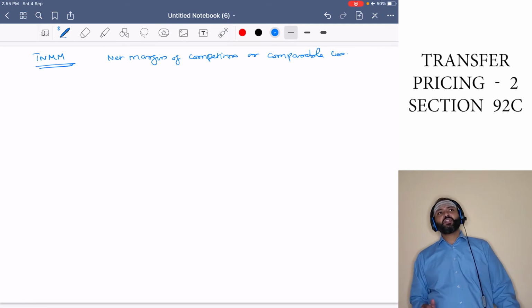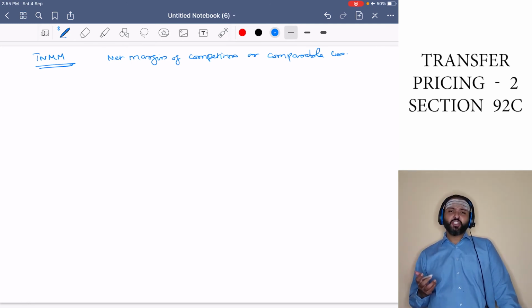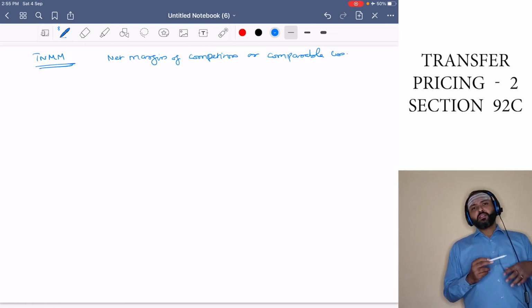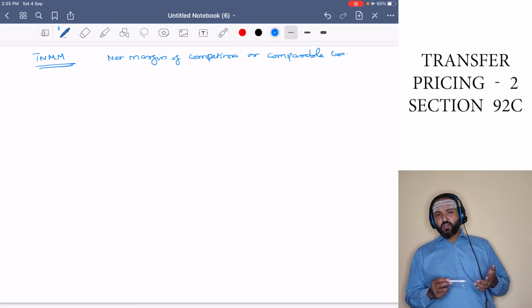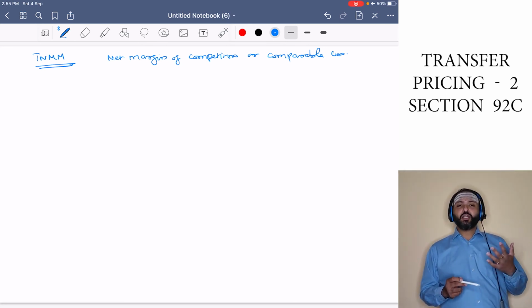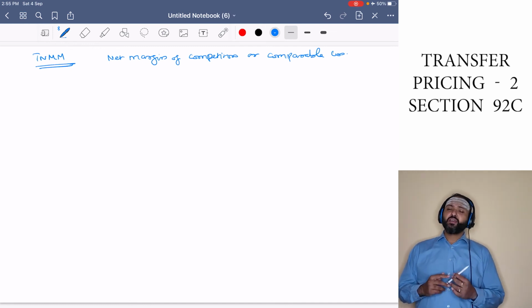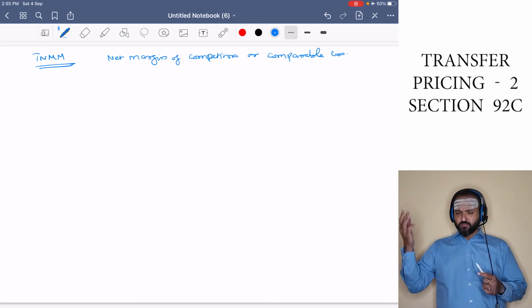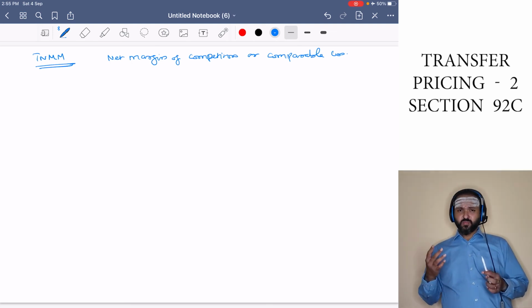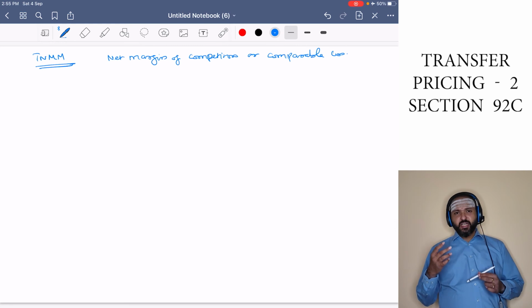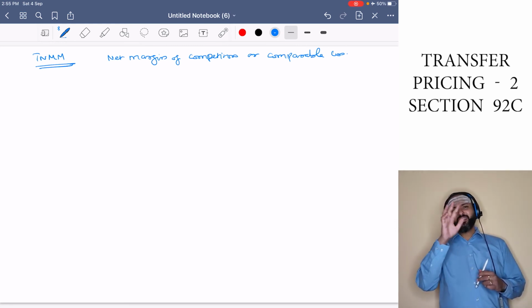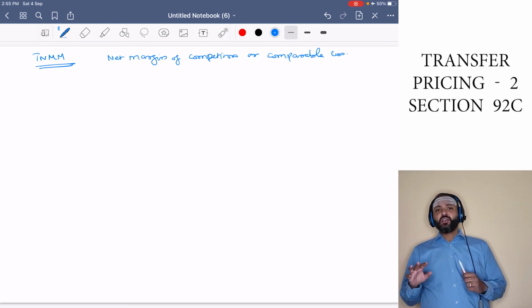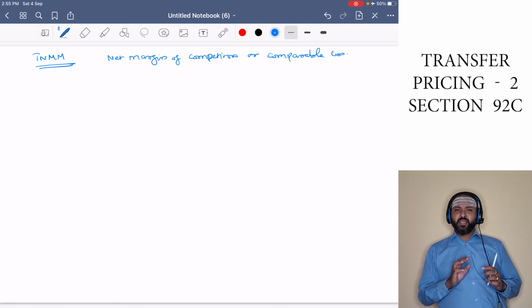Okay, why is this method resorted to? Ascertaining gross margin might be difficult at some points in time, so you might not get sufficient data to conclude based on that. Then the next area why we will resort to this is because we may not have comparable and controlled transaction to check with. Then we may not have the breakdown of direct cost and indirect cost of comparable companies. Then we may not have sufficient data on the resale price. So where there is absence of data, you always know that net profit is going to be an easily ascertainable